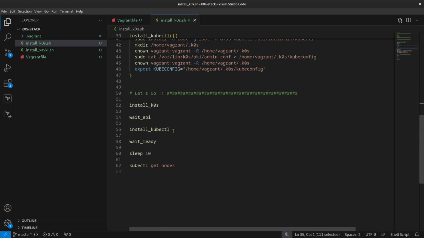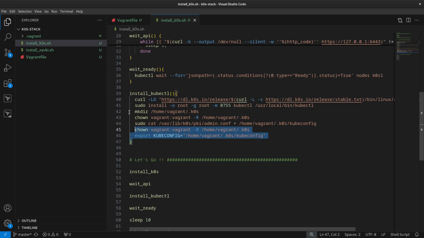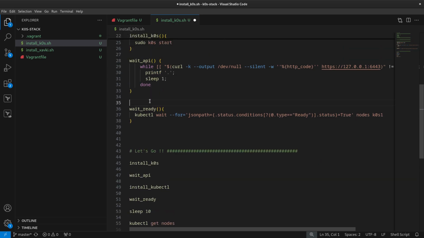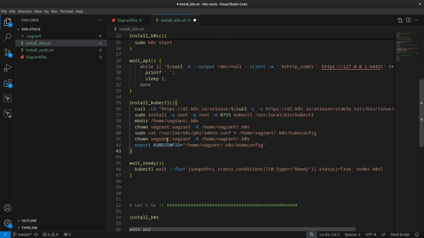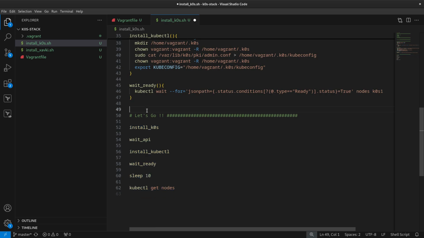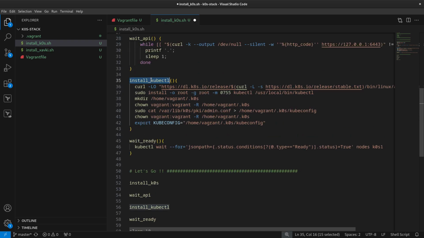And after that, we install kubectl. The order of functions is not important here, because the order only matters when we run or launch the function, not before. We install kubectl like previously: the curl to download the binary, and the install command to push the binary into our path.